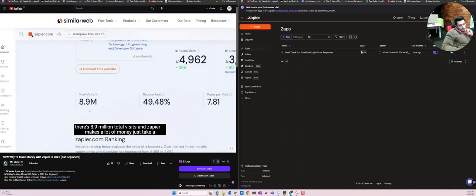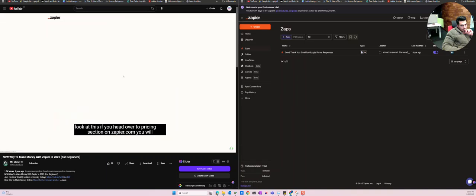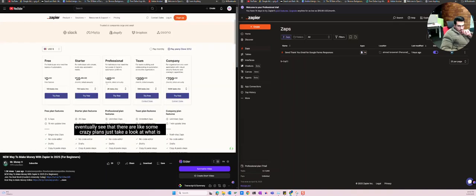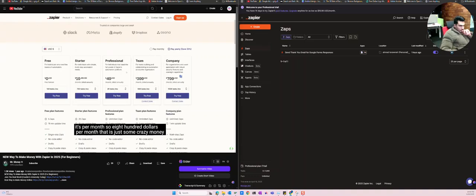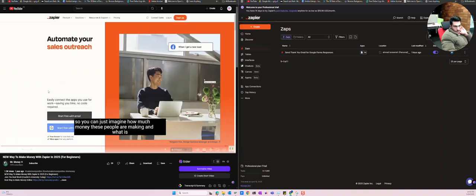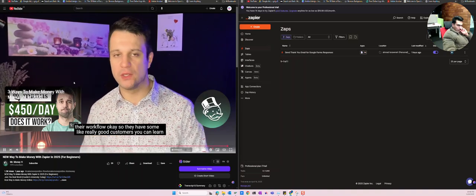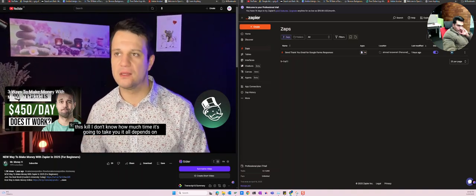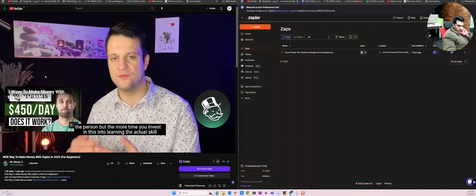There's 8.9 million total visits, and Zapier makes a lot of money. Just take a look at this. If you head over to the pricing section on Zapier.com, you will see that there are some crazy plans. Just take a look at the plan for companies, for businesses. $800 billed monthly. Okay, billed annually, but it's per month. So $800 per month. That is just some crazy money. So you can just imagine how much money these people are making and what their workflow is. They have some really good customers. You can learn this skill. I don't know how much time it's going to take you. It all depends on the person, but the more time you invest in this,